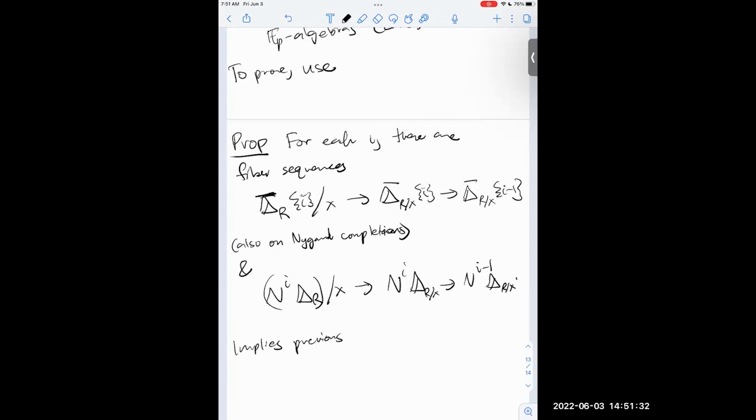Well, the previous proposition is going to reduce to understanding the map from the prism of R, or N^i of the prism of R, to the prism bar of R twisted by i, when you reduce that map mod X. And this lets you do that in terms of the prismatic complexes of R mod X itself. Yeah, and so at least the first fiber sequence, for example, one can do using the Hodge-Tate stack, as in the papers of Lurie and Drinfeld. We do it by hand also to do the second fiber sequence, but